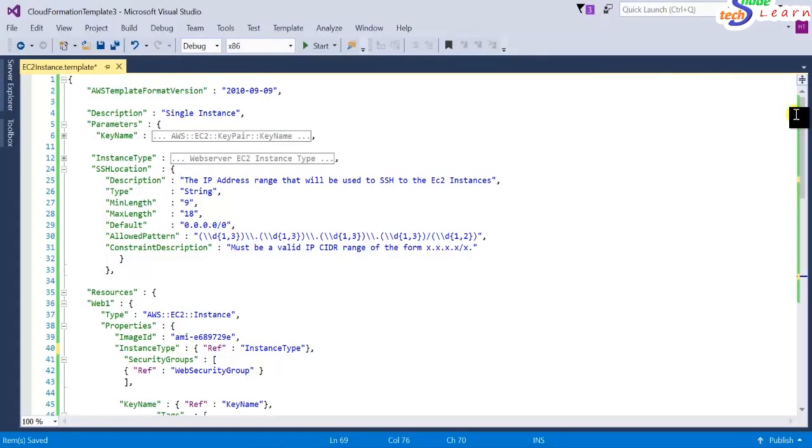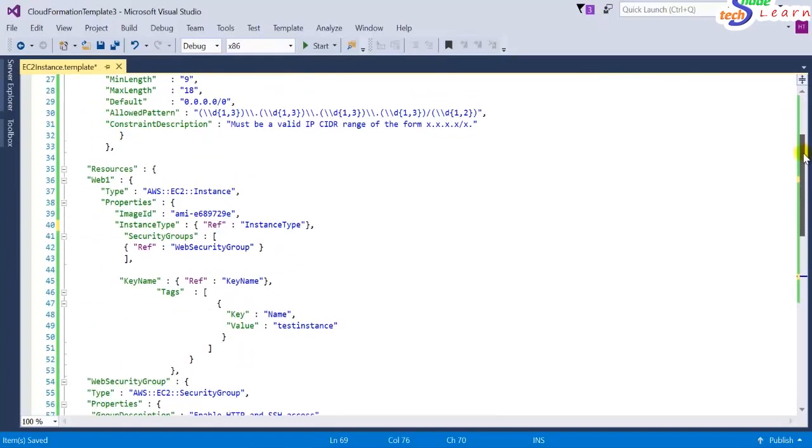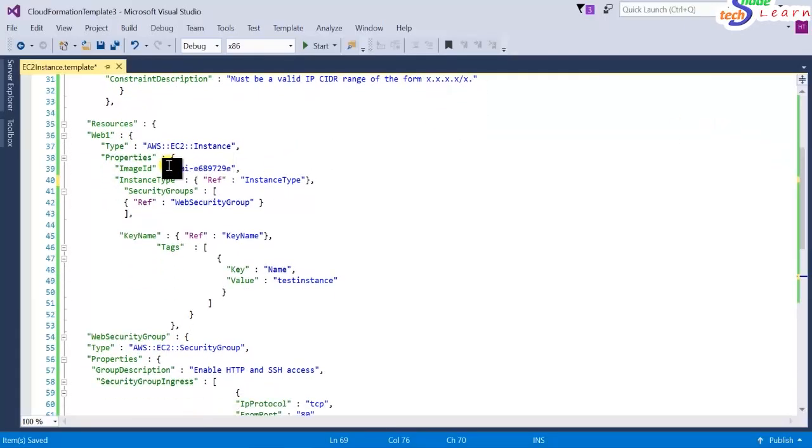Now one more thing that I would like to point out here is the image ID. The images are dependent on the region in which you are launching the instance. The same Amazon Linux AMI will have a different image ID in North California, or the Oregon region, and in some Asia Pacific region. So it will have different image IDs. To tackle that, we have to use some technique here, and that is known as a function. And before going over that,